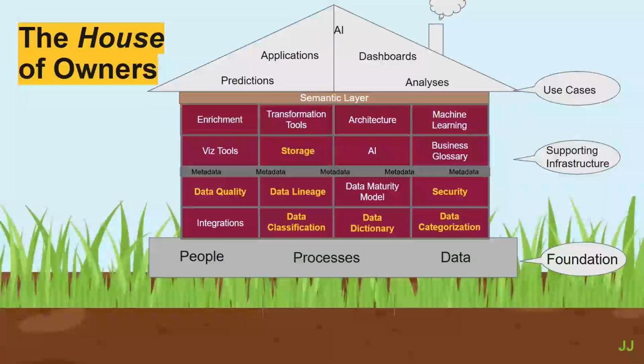So let's talk about data owners. How are data owners benefiting from the metadata? Well, the owners are responsible for the data that's stored someplace. So how it's stored, where it's stored. We have security, governance around that storage that they need to be aware of and they need to be approving of. The lineage, how the data is being used, where it's coming from, where it's going. The quality of their data, I like to think they care about. Classification, categorization, so information about the data that you might find in the dictionary and how it might be organized.